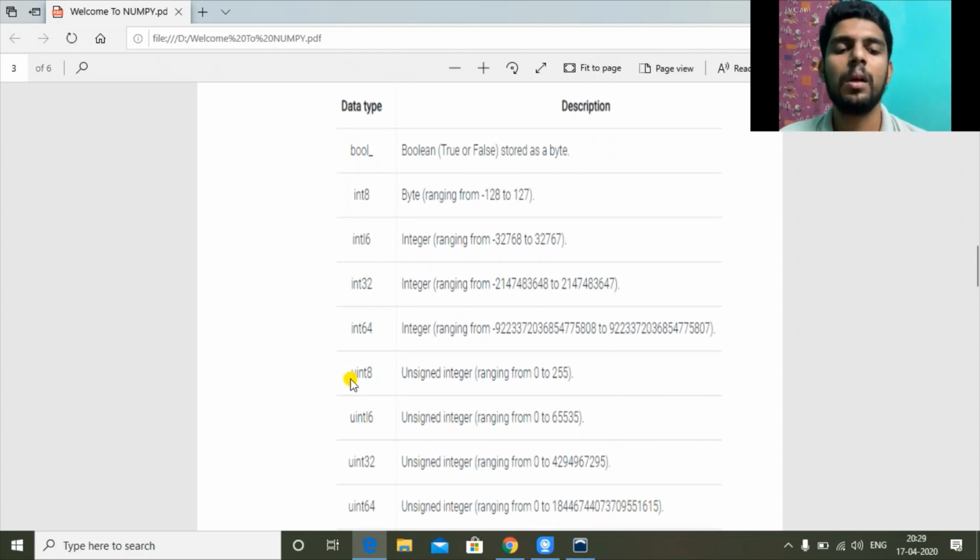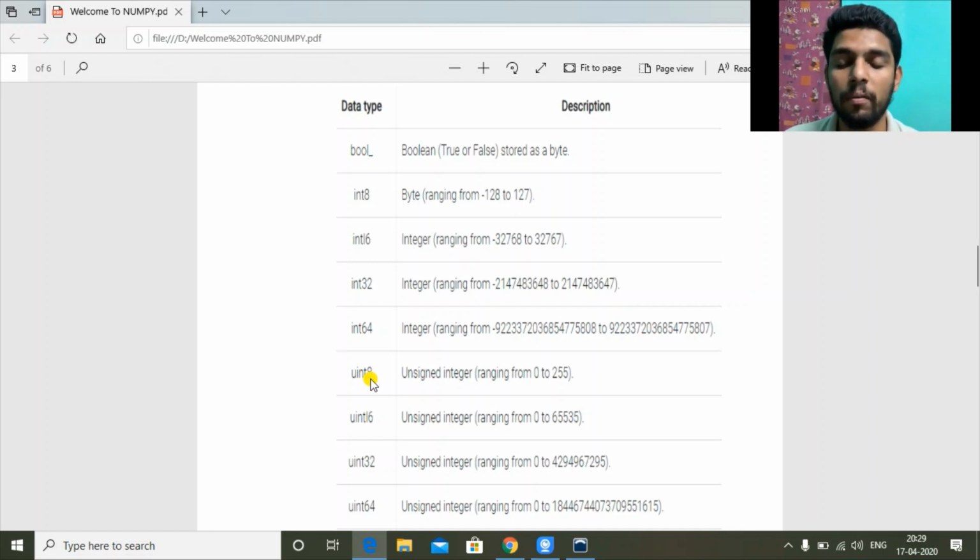Unsigned means no sign, that means not negative. So that implies positive values only. So uint 8 stands for 8-bit, as I said. So 2 power 8 means 256. So 0 to 255. Including 0, we have 256 values.